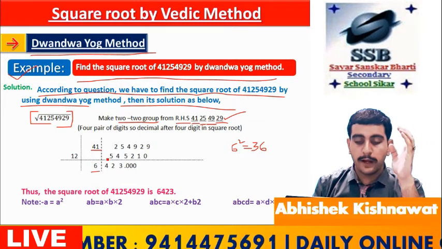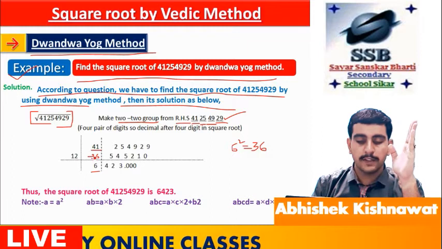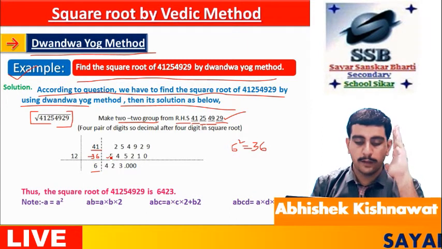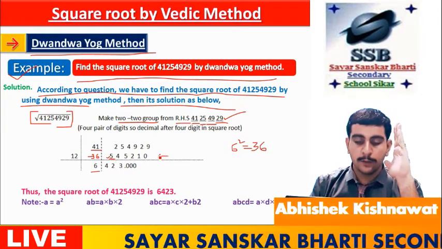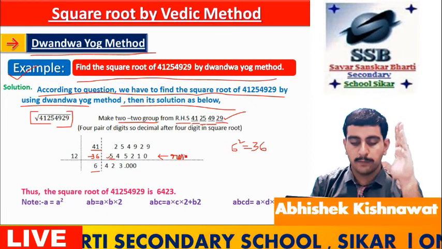We have to divide the new remainder by the number at this place. Here it is 12, so we have to divide by 12. The first will be 52. 52 will be divided by 12. The quotient will be 4, and the remainder 4 will be sent forward. Now it will be 45.